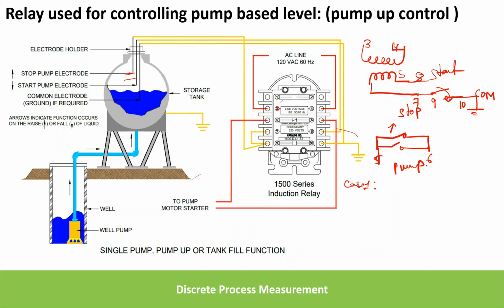The 7 is being disconnected because the level has come here, so 7 is not in the path. So 8 and 10 are in the path. Here you can see start electrode and stop electrode are coming into contact whenever the level is here. Okay, so still the pump is not started because on this secondary side there is still a closed path. Because of that this inductive relay is activated. So once the level reaches below this start pump electrode,